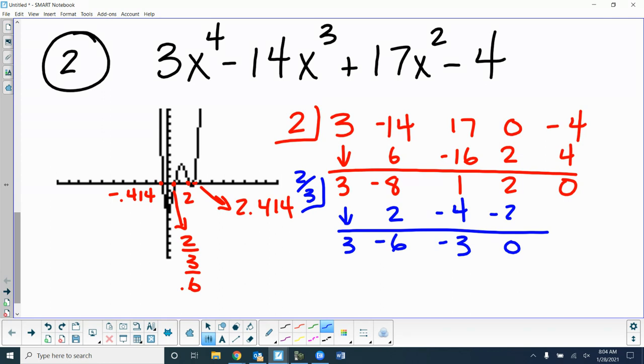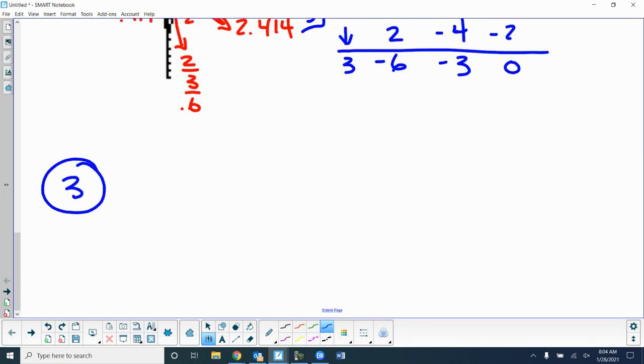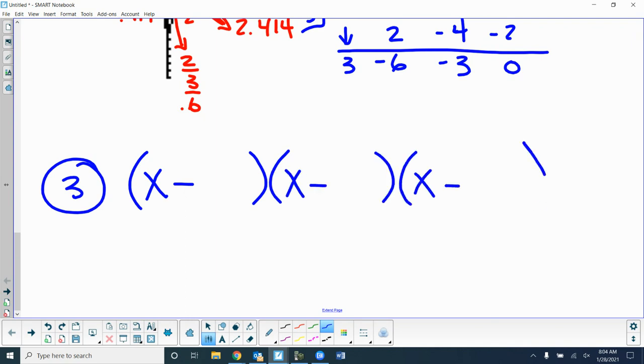Number 3 is really easy. Okay? When you're given zeros, to find the polynomial that goes with them, you always start with your factors. Your factors always start as x minus. So I need 3 of them. There's no radicals, no i's that I have to double up. These are just numbers. So you just put the numbers in. x minus 1, x minus negative 4, which is what? Just plus 4, right? And x minus 5. Now this one doesn't matter which 2 you do first,